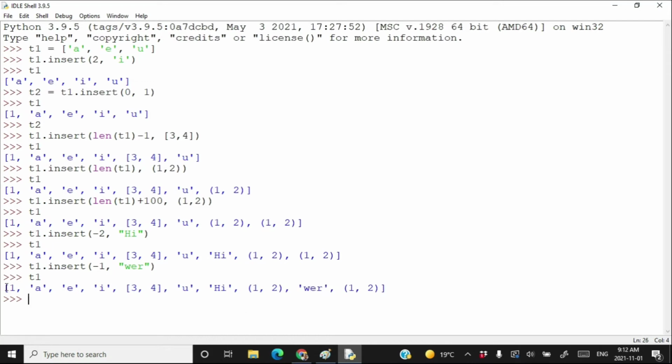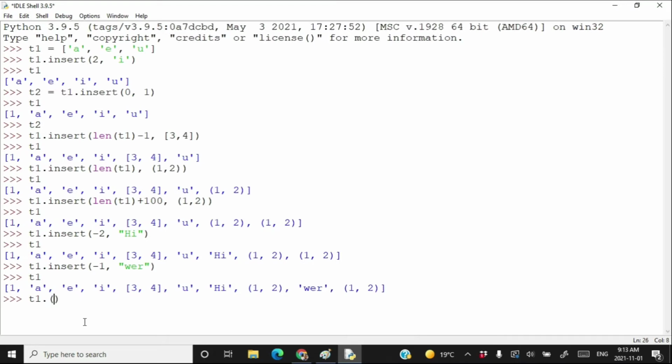So this is how you add the content. But when you use a negative index, how many negative indexes are valid here? -1, -2, -3, -4, -5, -6, -7, -8, -9, and -10. So up to -10, the indexes are valid here.